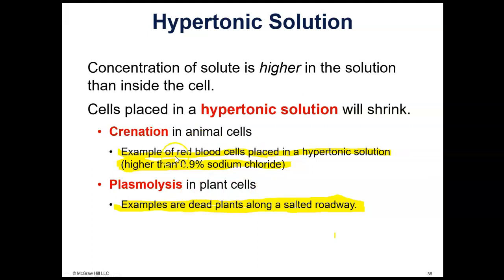You have two examples here: a red blood cell shrinks because it's been placed in a solution that has higher than 0.9% sodium chloride. 0.9% is normal saline. It's the concentration that's in an IV. If you get an IV fluid,